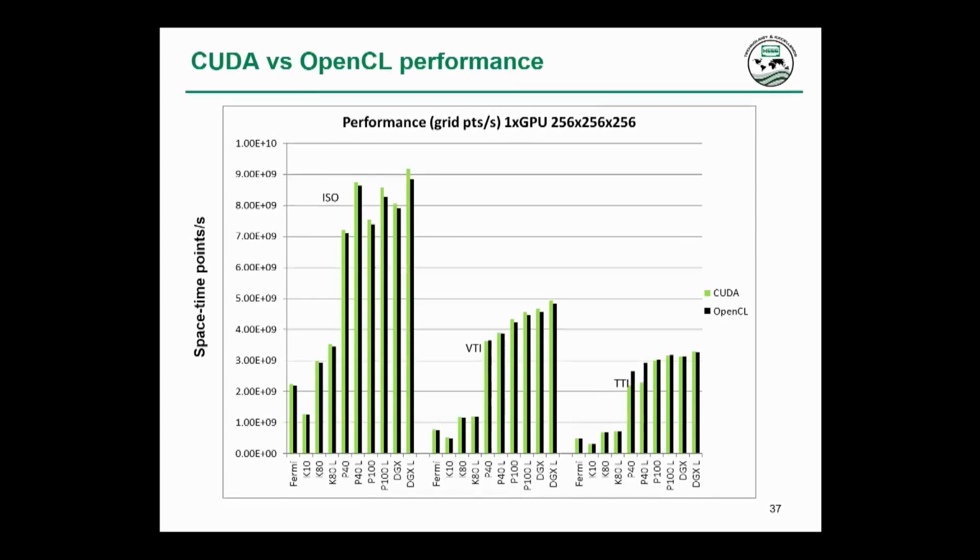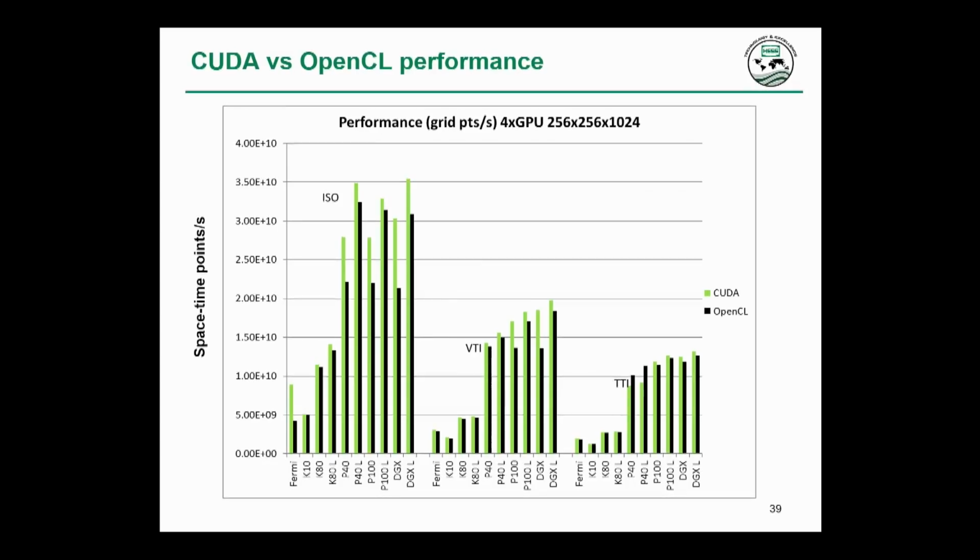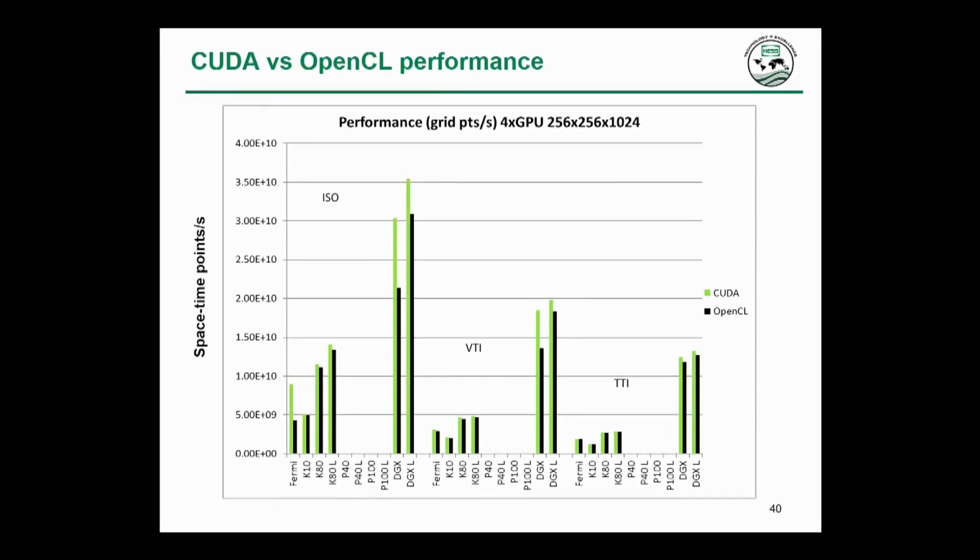So if I go between the two, you'll see some changes in the black bars, which are the OpenCL performance, but as you go to computational intensity, you'll see that there are fewer down there on the TTI side to the right. Then if I go from 2 to 4, now you're starting to see significant changes. And even now, if I can show the GPUs that we have 8 for, you'll see even bigger changes,